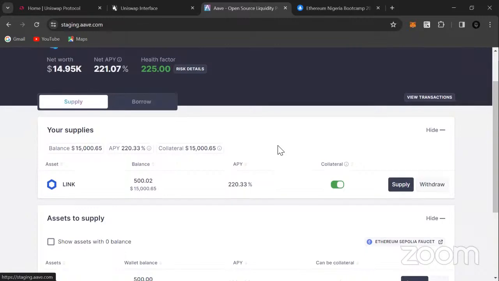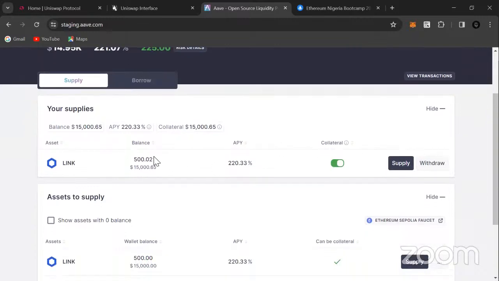Let's see. You can see that just for this short amount of time that we've been talking, we have an increase in our 500 LINK. Remember, we supplied 500 LINK. So that means our LINK is actually generating profit for us. Even in the real world, on the mainnet, that's how it works. You get some LINK, supply it, and then you get returns on it. If you leave this for an hour, maybe a day or two, your LINK will generate more value for you. You can always try this.